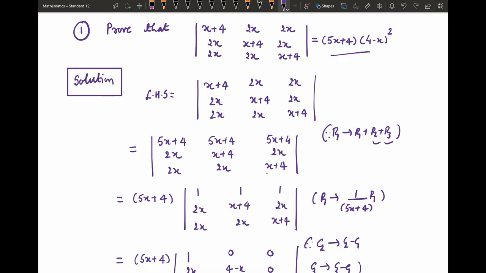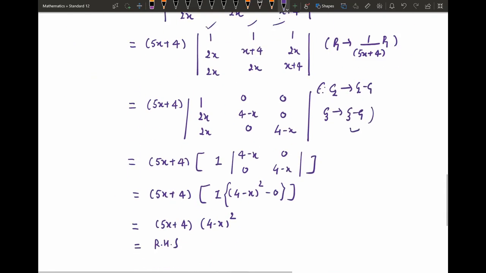Just observe the entries of the determinant, you will get something common. So here you can get an idea: if we multiply the second and third row by 1 and add in the corresponding entries of the first row, immediately you will get 5x plus 4 common from the first row. And when there are 3 entries as 1, you make 2 entries as 0 and expand the determinant, immediately you will get the result. Next one,